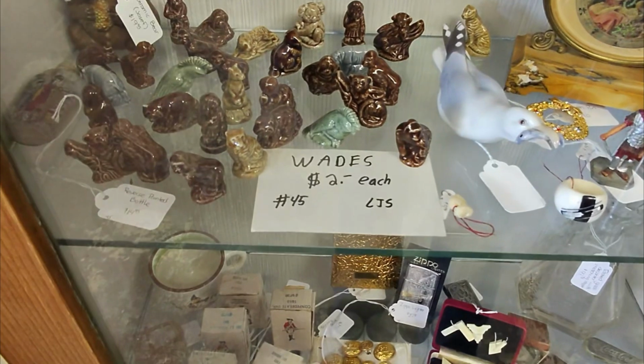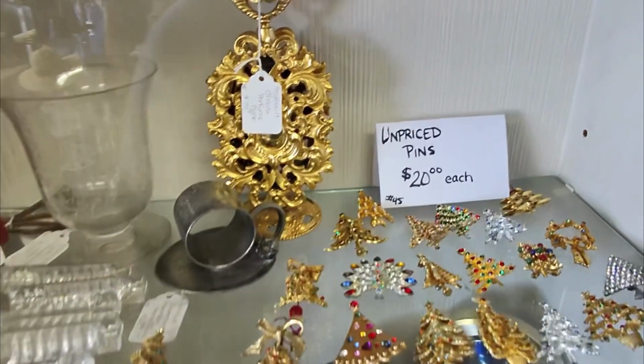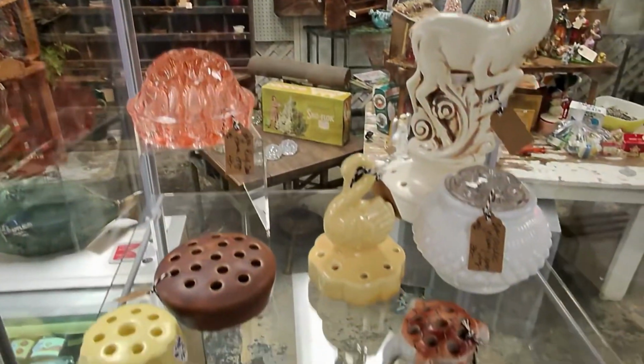And then in here, yes, I know you see the weeds, but that bird is eating a fish, and I thought that was funny. And then they had Christmas tree brooches up here. And again, Christmas is right down the road, so...